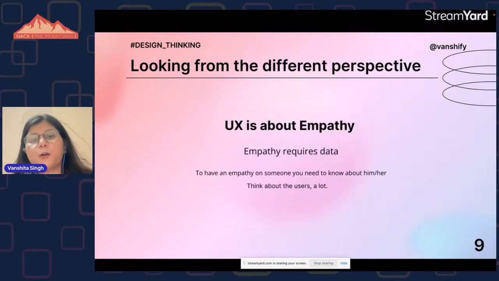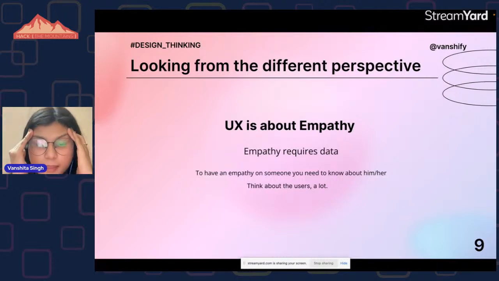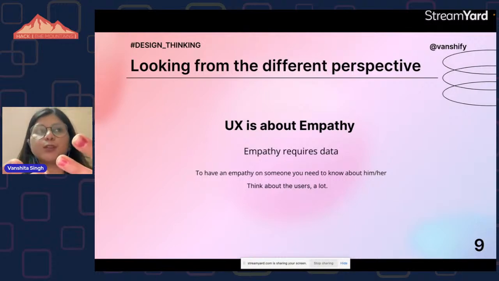And if we talk about UX, UX is about empathy. You must have heard this word empathy, that you should have empathy with the users. UX is all about empathy. Empathy is nothing but thinking from the mind of the user, what the user feels, keeping yourself in the shoes of the user. Then you will empathize with the user in every manner.